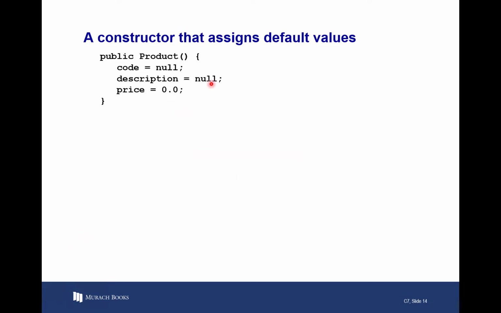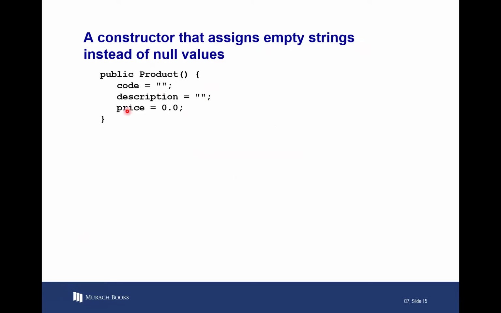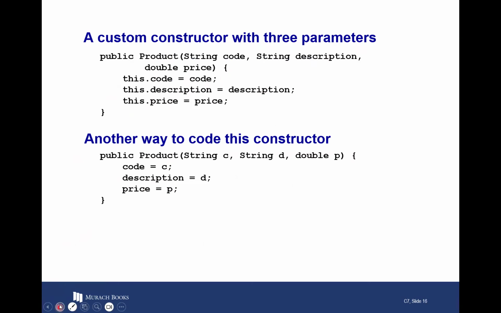This is a constructor that assigns default values, which is null in this case. Instead of null values, you can just pass quotes. That's what I had passed in my product class. Or what you can do is you can pass three values, which in this case is string code, string description, and double price, and then use this dot code is equals to code, this dot description equals to description, and this dot